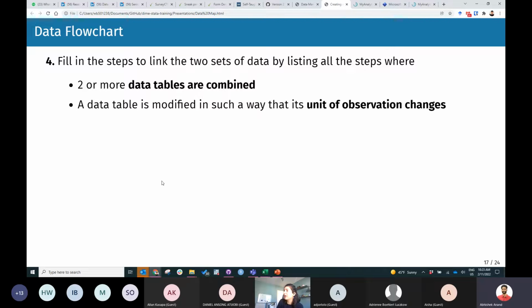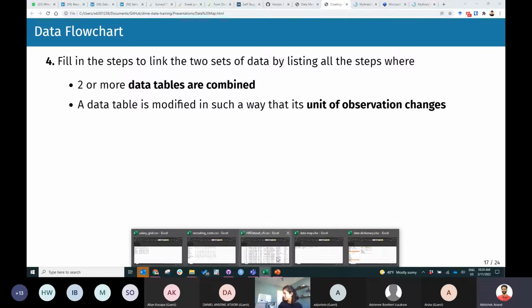Two things to keep in mind as we think about this data map is that there are two types of operation that we do with the data that are more error prone. That is where things can go wrong if your data is not very well organized. The first one is when you are combining two different data tables. So you saw that here,